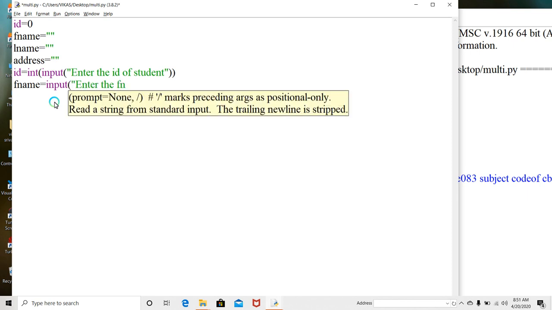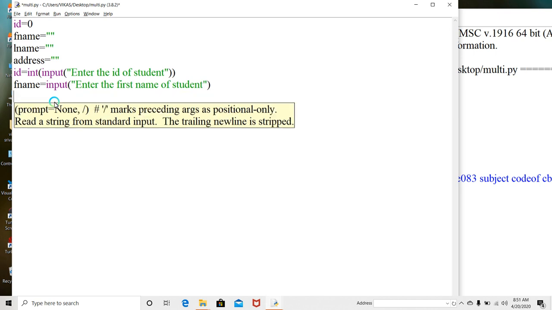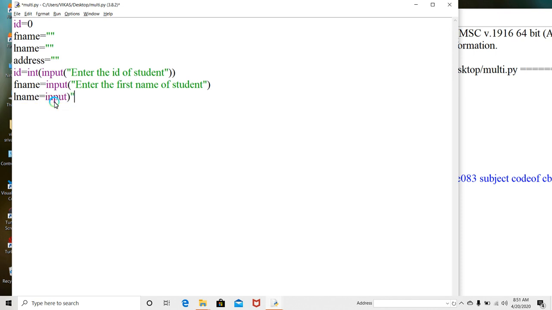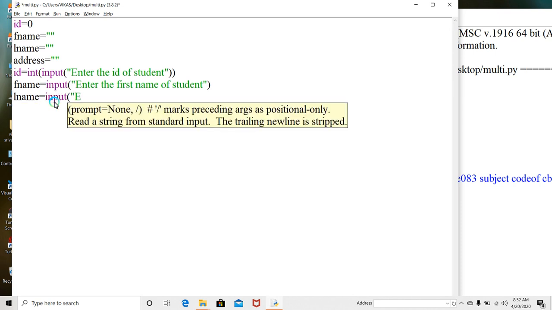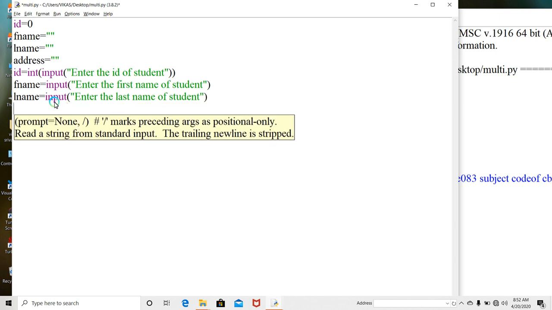enter the first name of student, l name is equal to input, enter the last name of student, and here we need to take the multiple line input. So what will I do? I will take here a is equal to hello,